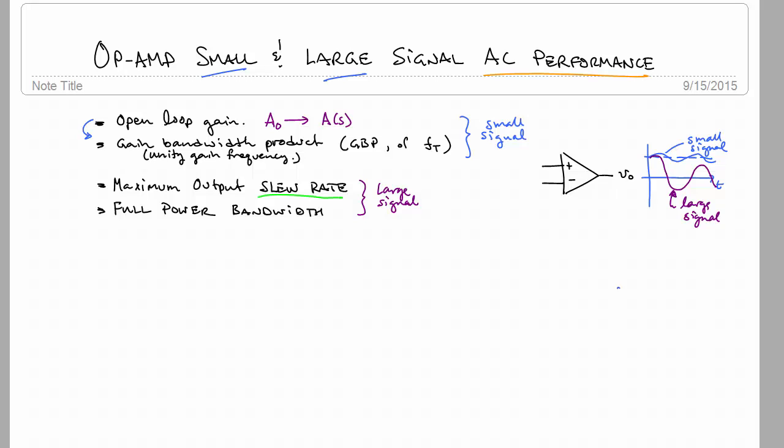what the AC performance is. So we'll define how we characterize the AC performance. But also, we of course want to know how the AC limitations, the AC performance of a real-world op-amp actually affect one's ability to use a particular op-amp to design a particular filter or gain function that they're looking to implement. And those will kind of converge when we think about how we can actually measure these parameters in